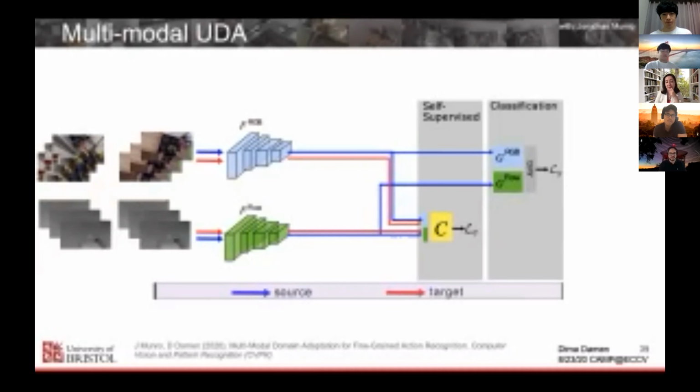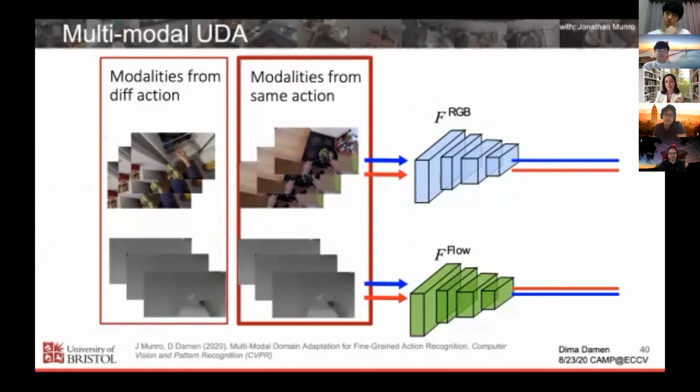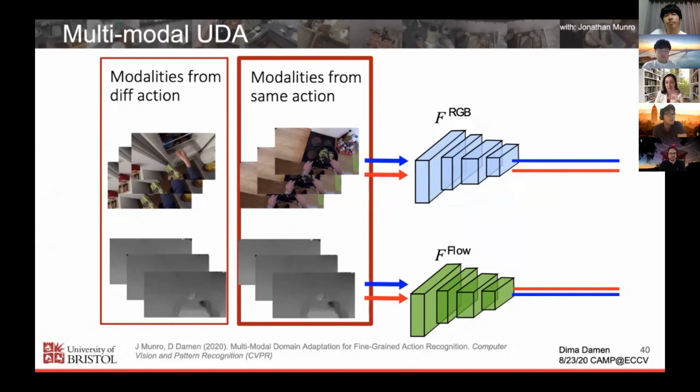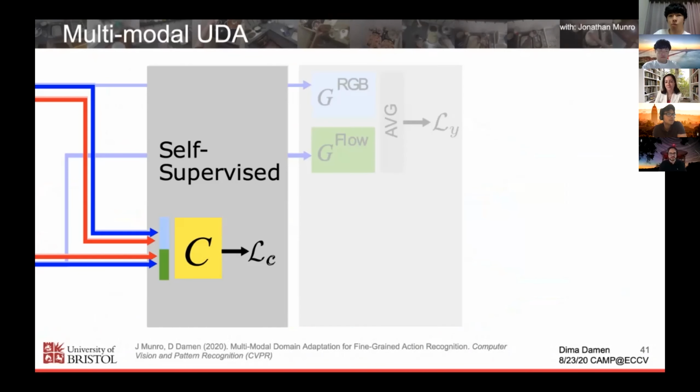What is this doing? It's just looking at the input, at the two modalities, and seeing whether they come from the same action, whether they come from different actions. So if the appearance and the motion come from the same action, then this classifier is giving you one binary class. If it's coming from a different action, so sampled, it's a correspondence problem, then it's giving you 0, basically, 1 or 0. It's purely a binary correspondence task.